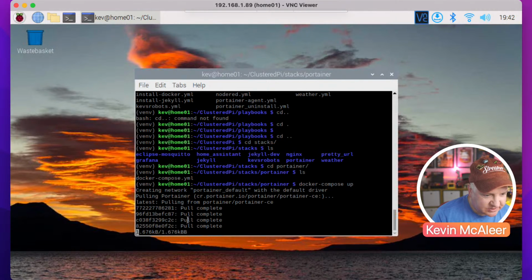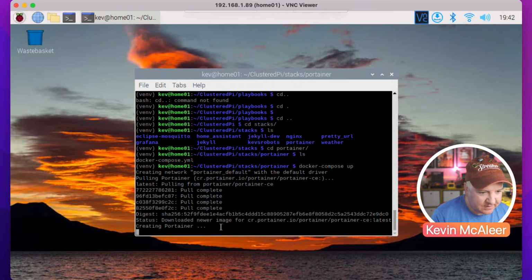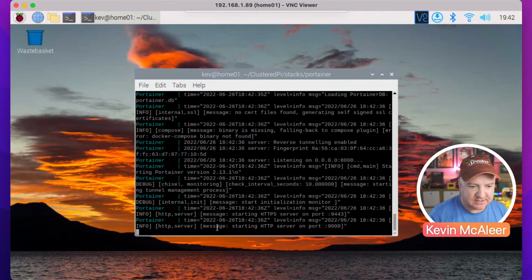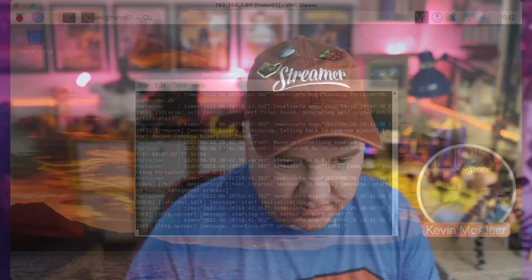So it's still just extracting. There we go, pull complete. It's now checking to see if everything's right. It's creating Portainer, and you'll see all the other status messages. And because it's the first time we've run, we would have to connect to this and then set up Portainer. So we can do that. So it says there it's on port 9443. So if I just come out of here and go into a different web browser,